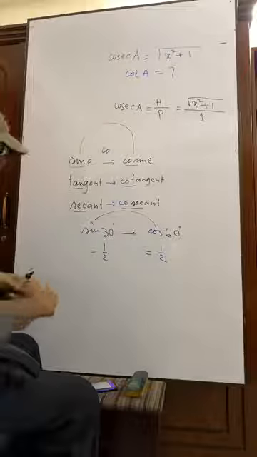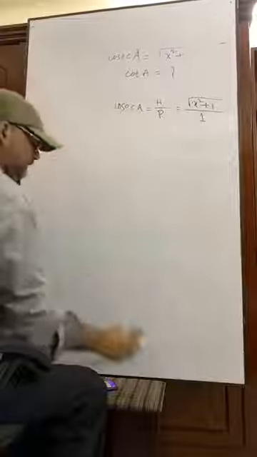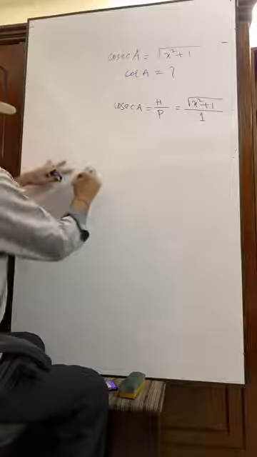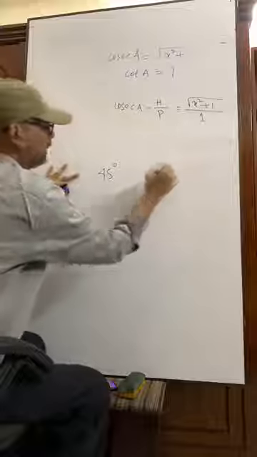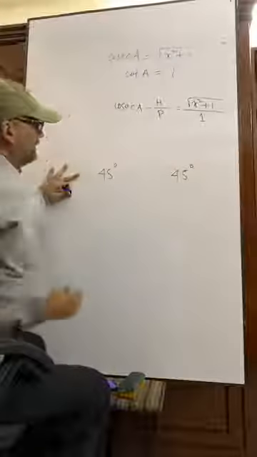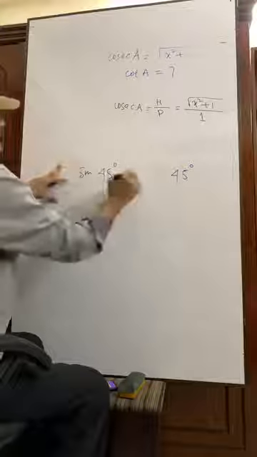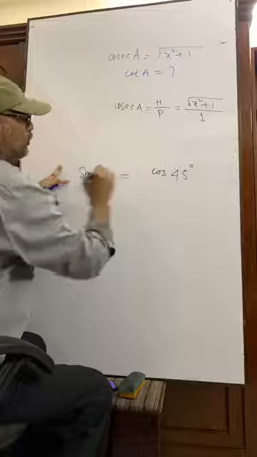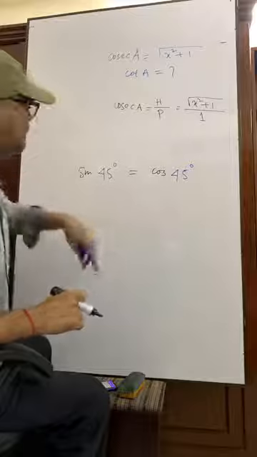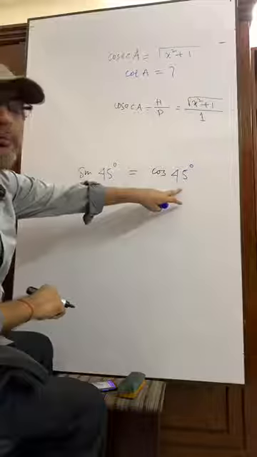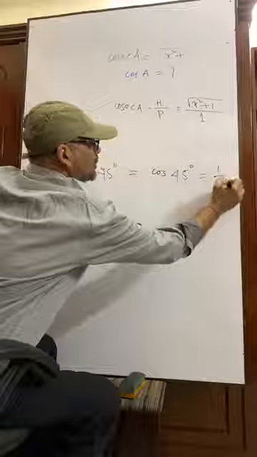Like this, another one can be told here. Suppose I am writing again 45 degree. So its complementary is also 45 degree. Now see, sine 45 and I have written cos 45, they are equal. Sine adding co gives cosine, okay? So the complementary of 45 is 45 degree. So they are equal to 1 by root over 2.